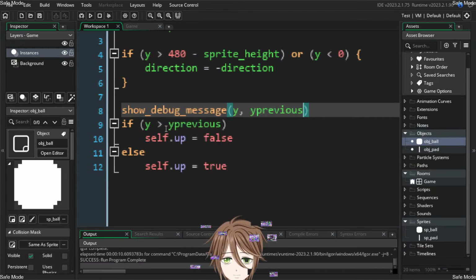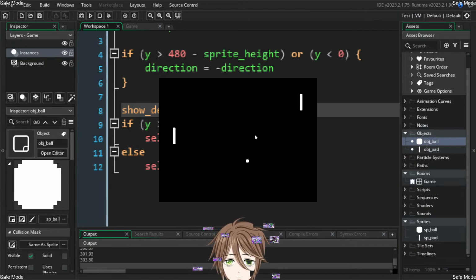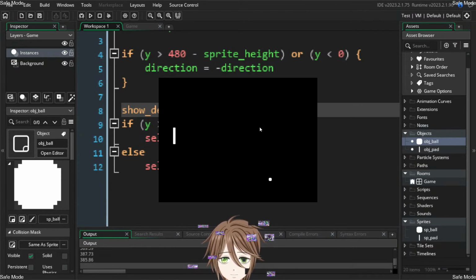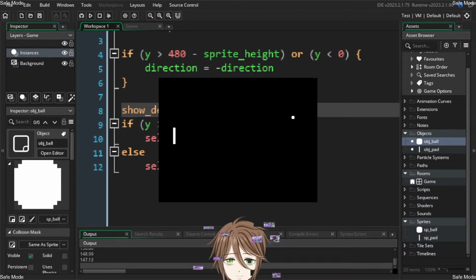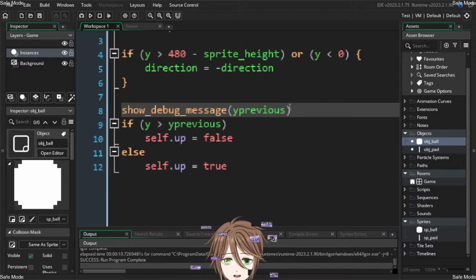Okay. What about y previous? It doesn't move as much as